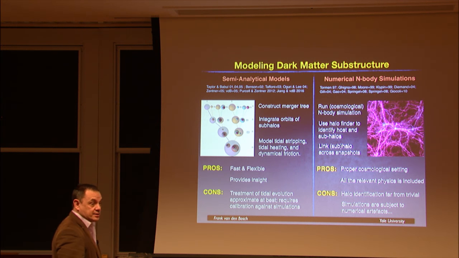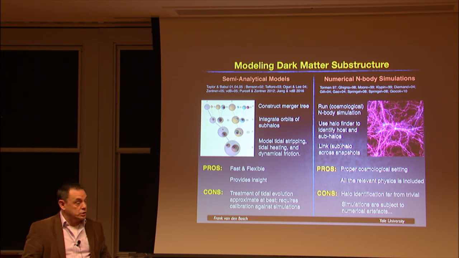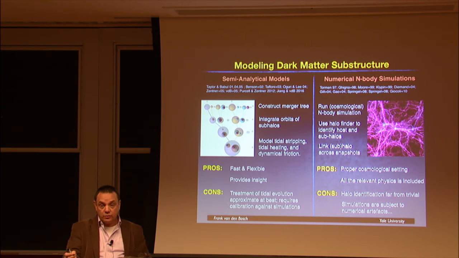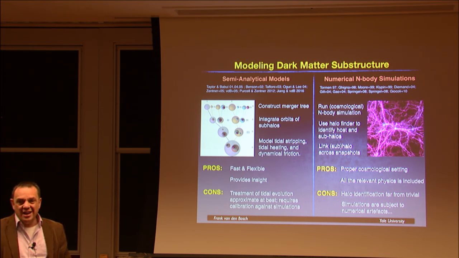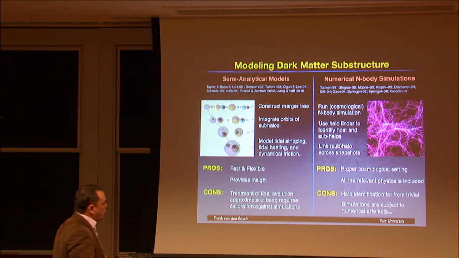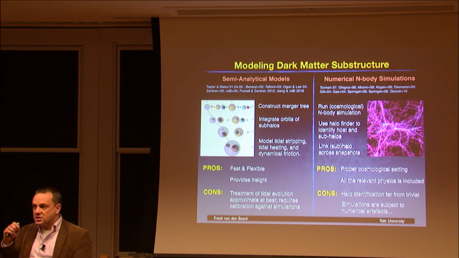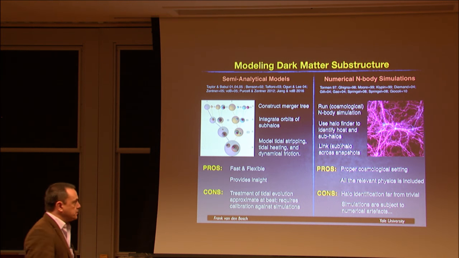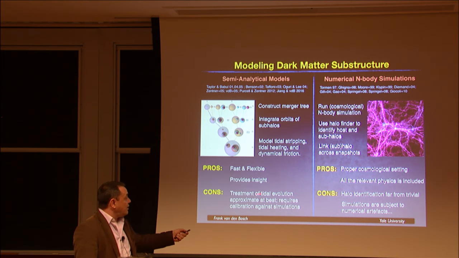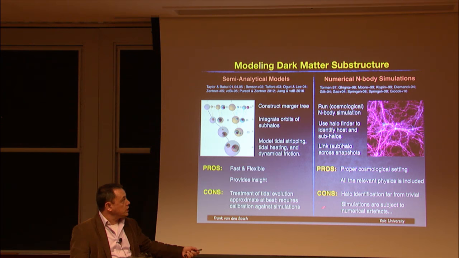The pros are this is fast. It's flexible. What I like is it provides insight. You can just, in a model, turn off tidal heating, for example, and see what effect that has. So you get some real cool insight. The downside, though, is that, as I will show you, the treatment of tidal evolution, this tidal stripping and tidal heating, is approximate at best. You simply cannot write down proper analytical derivations from first principles. And that means you're left with something that you have to calibrate against simulations, which is the other technique, which